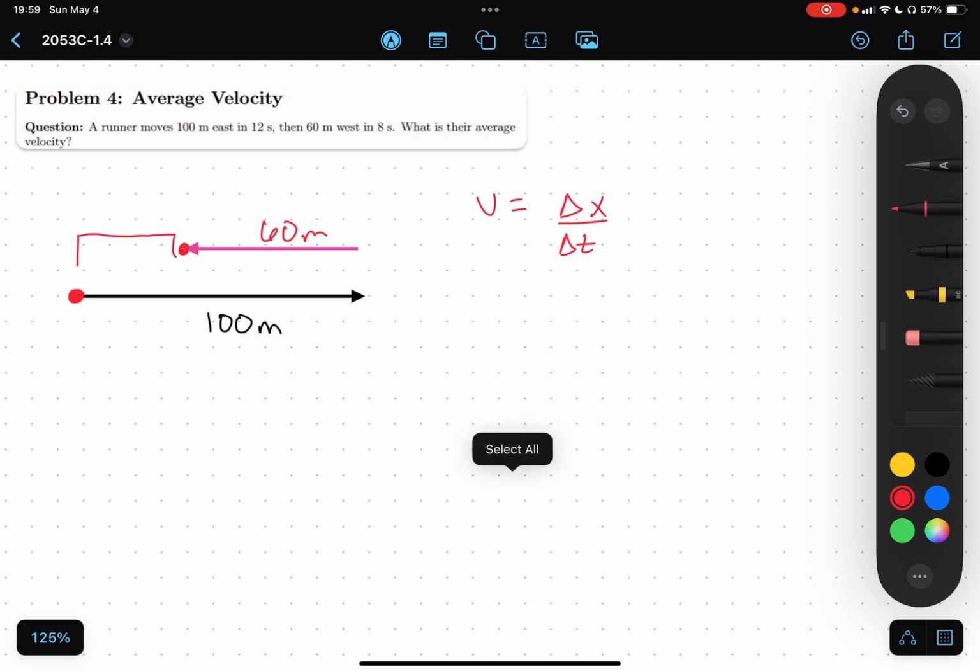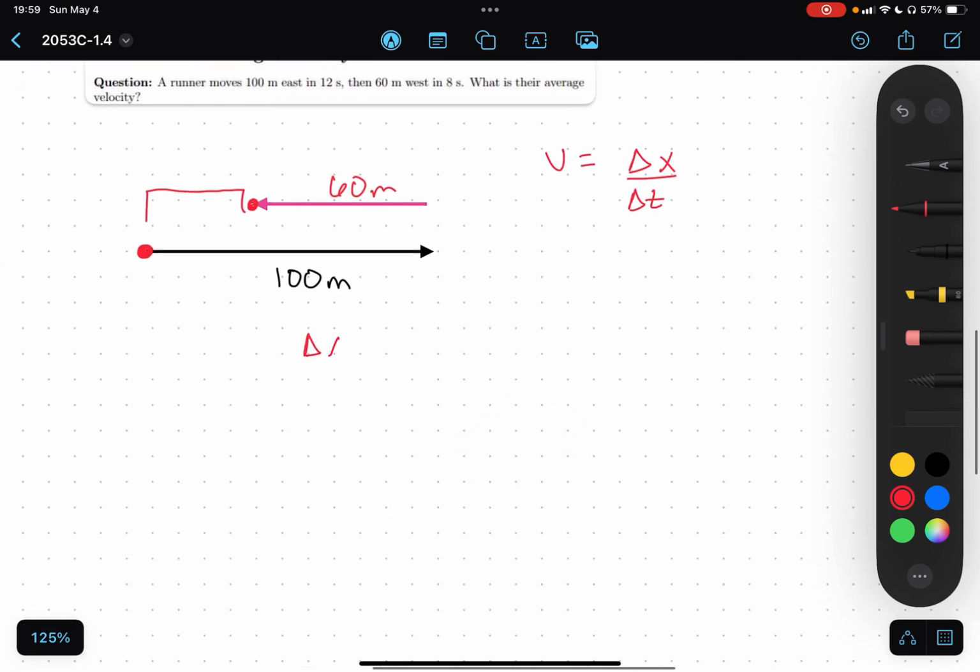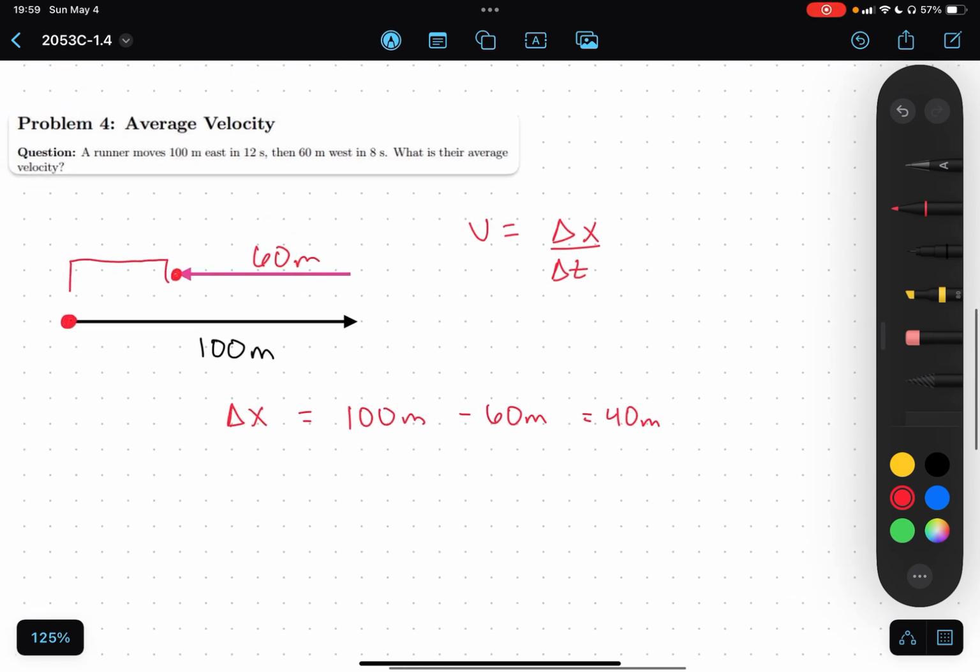If we were to find that distance there, it's going to be equal to 100 meters east minus the 60 meters it went west, which is going to be 40 meters. So we can just plug those two numbers in. Now we have 40 meters and we have 8 seconds. We do 40 over 8, which is going to be,